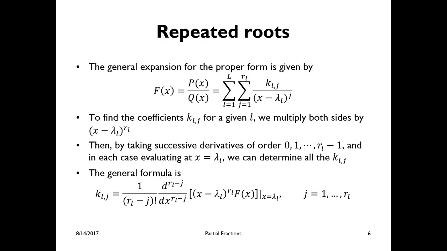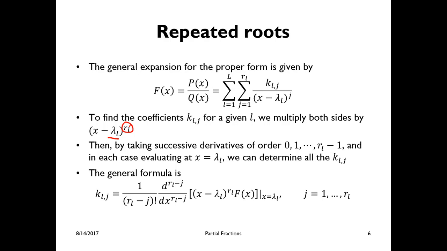Finally, let's take a look at what happens when we have a repeated root. The general expansion for our rational function f of x is given by the following form. Now, let's assume that one of our roots, lambda sub L, has multiplicity r sub L. That means we're going to have r sub L terms in our partial fraction expansion involving the root lambda sub